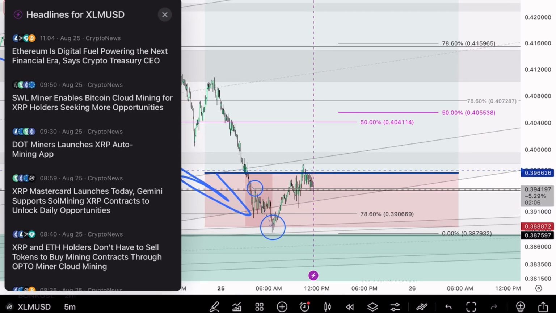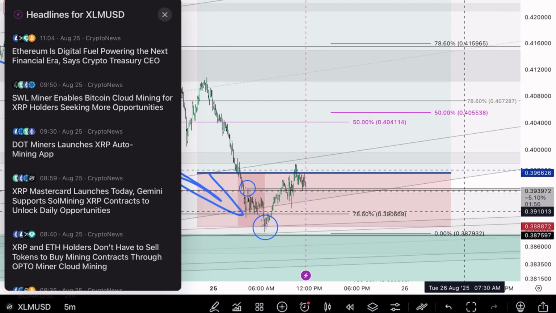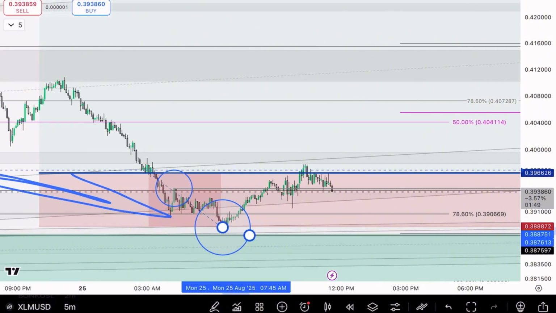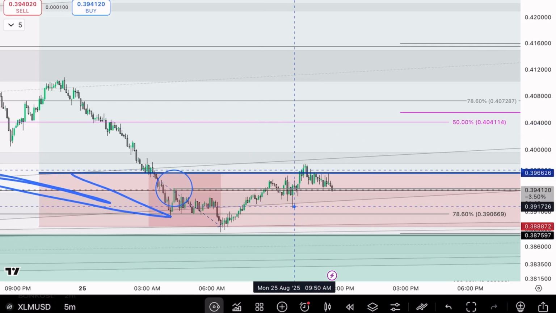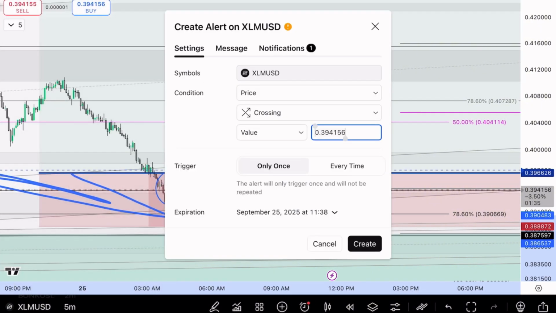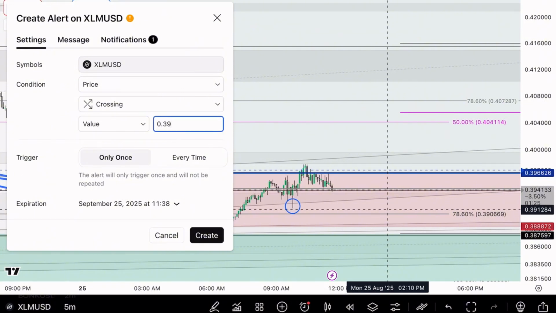And then below this last peak, the last bottom right here, not the final bottom, I'll put an alert right below there, which is 0.391284. So I'm not going to go over all the charts that I went over in the other one